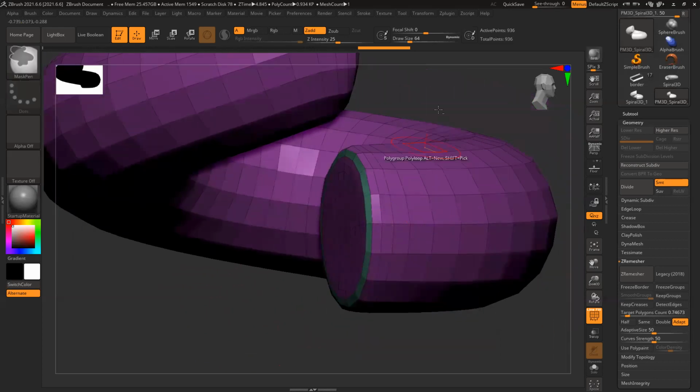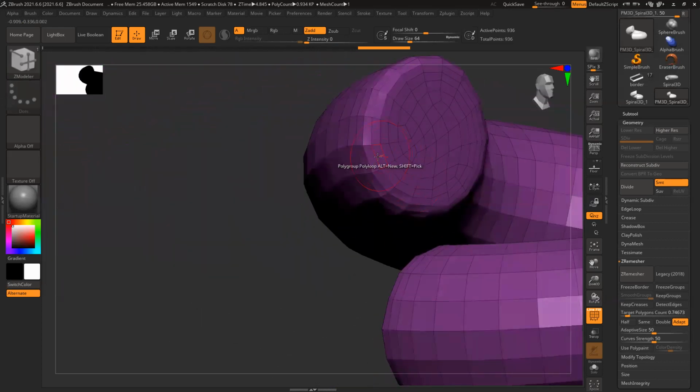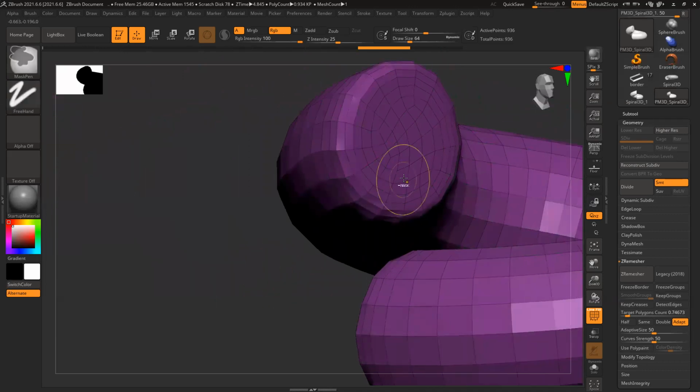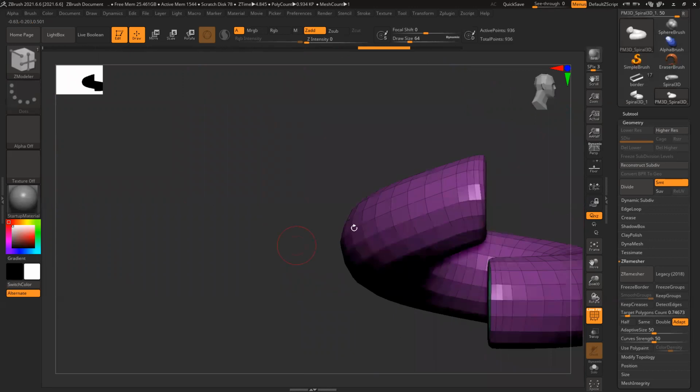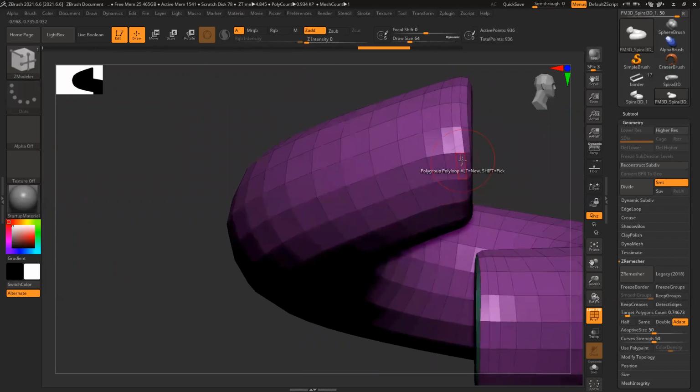Entire polyloop is separated. This one is not correct. Not good. Not nice. I will ZRemesh the model again.